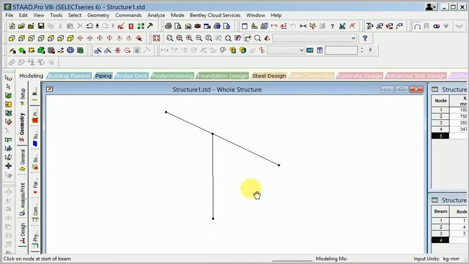Now add beam, so apply. So look, this member has been generated.